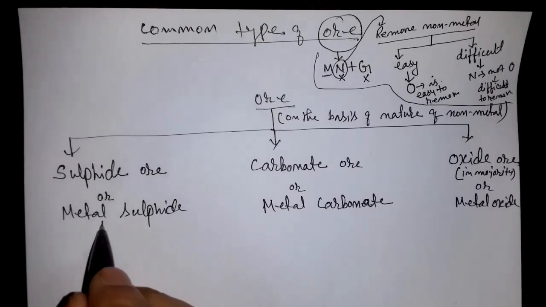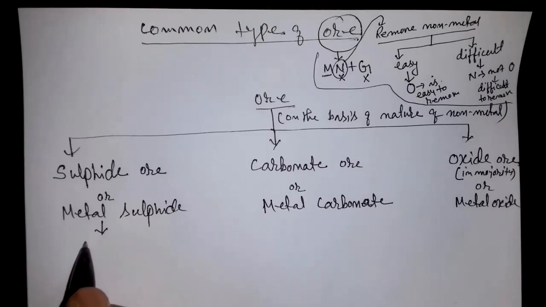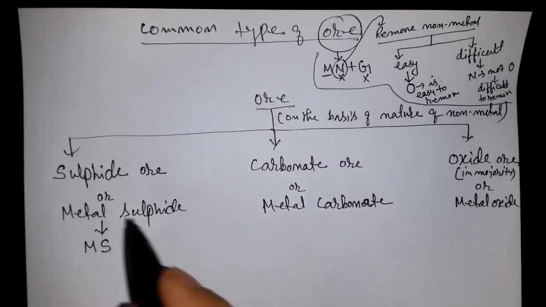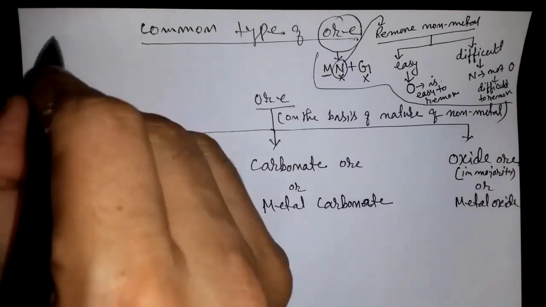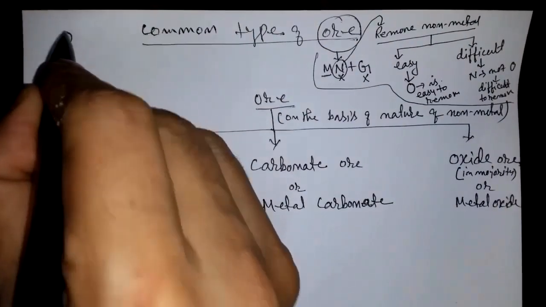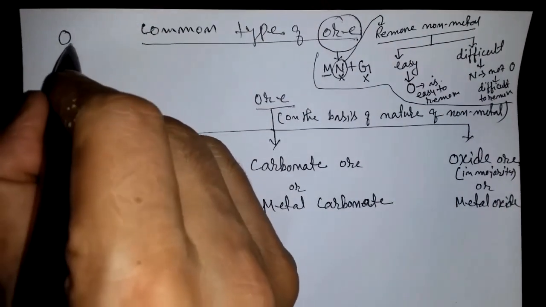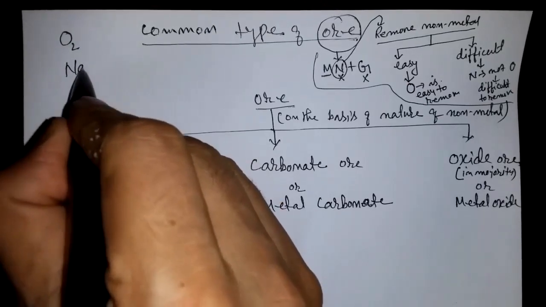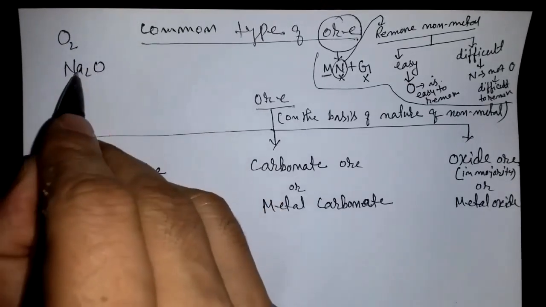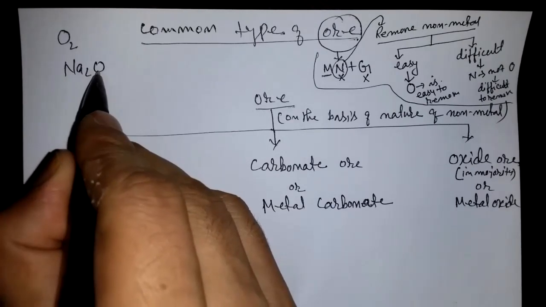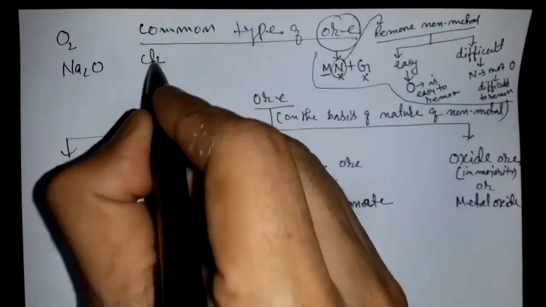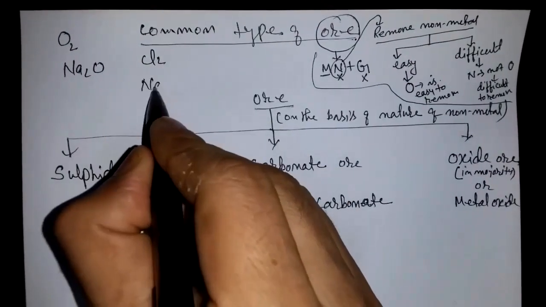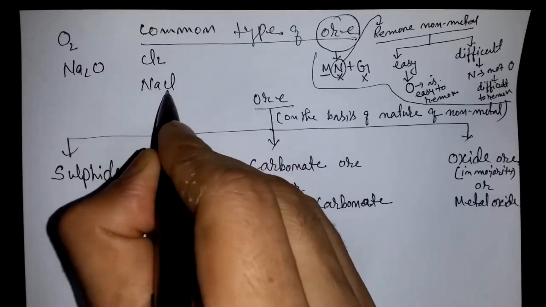Okay, so in this, the metal can be any metal, but the non-metal must be sulfur. And sulfur in a compound is called sulphide. For example, O is oxygen. If oxygen is alone, as an element, you say oxygen. But if oxygen is in a compound, with a friend, then this oxygen is called oxide. Similarly, Cl2 is called chlorine, and if chlorine is in a compound, then it is called chloride.